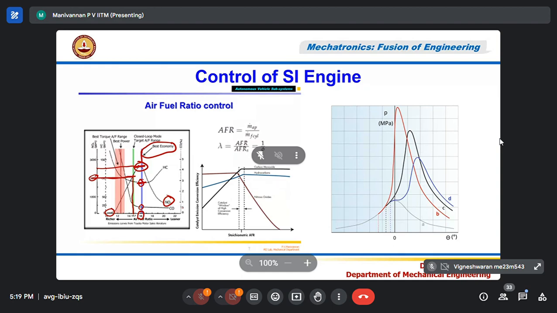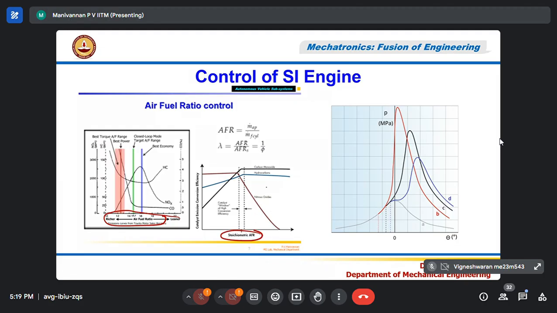Around 0.5 ppm. That's good. But NOx emission is at its peak. So you need to decide what air-fuel ratio you have to maintain. Okay. This second picture shows what you call the efficiency graph of